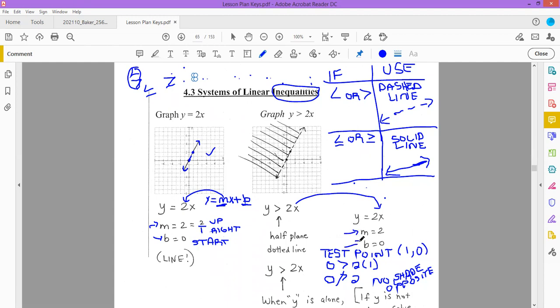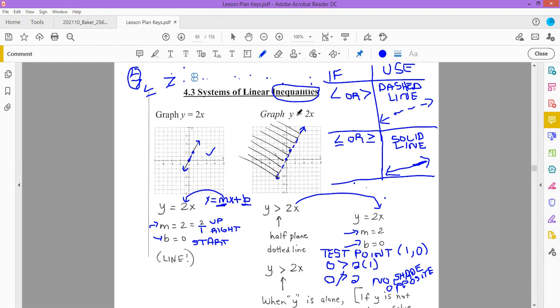Find m, find b, plot the points. So we plot 0, 0 again. We move up 1, 2, right 1, plot the second point. But because our symbol is greater than, we're going to connect those points using a dashed line instead of a solid line. The next step that we have to take is we have to shade either above the line or